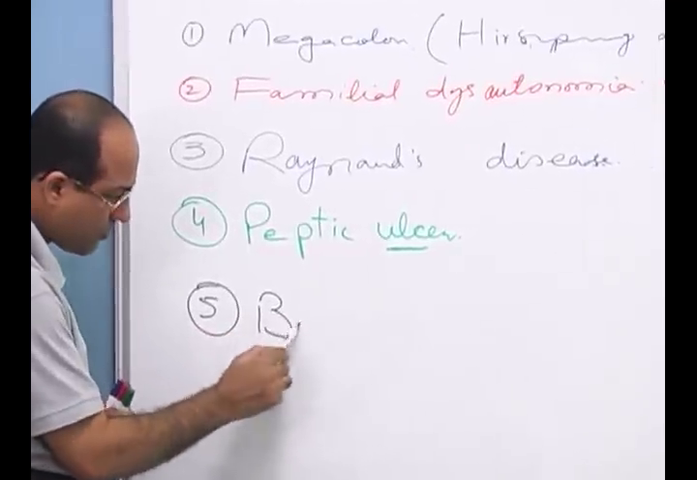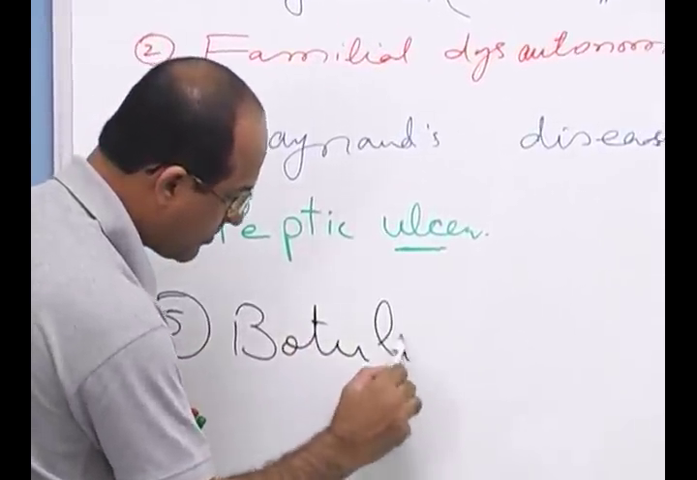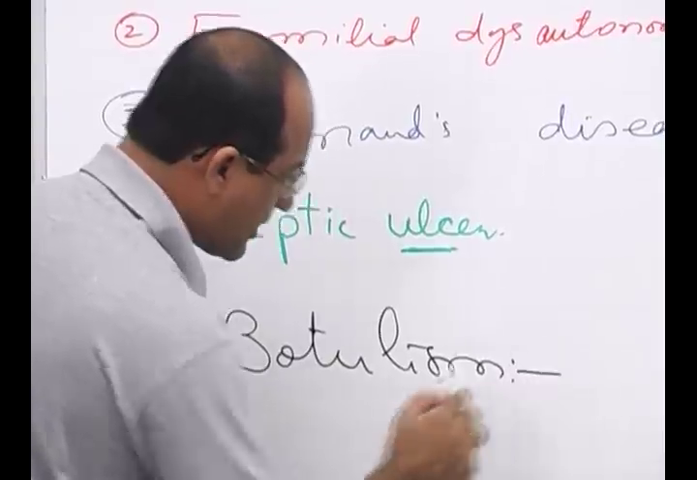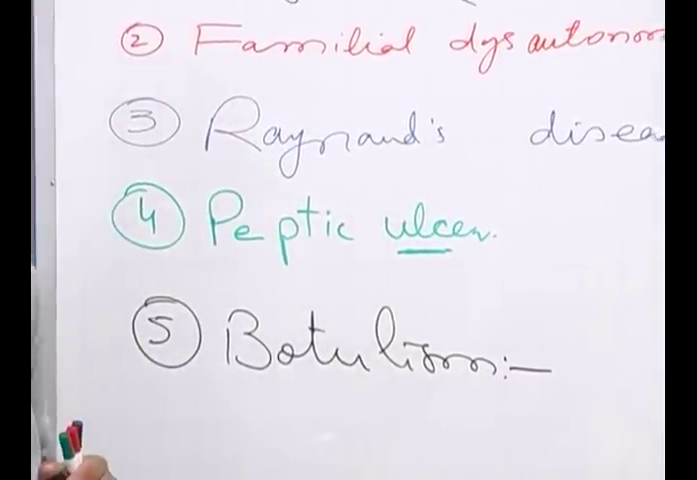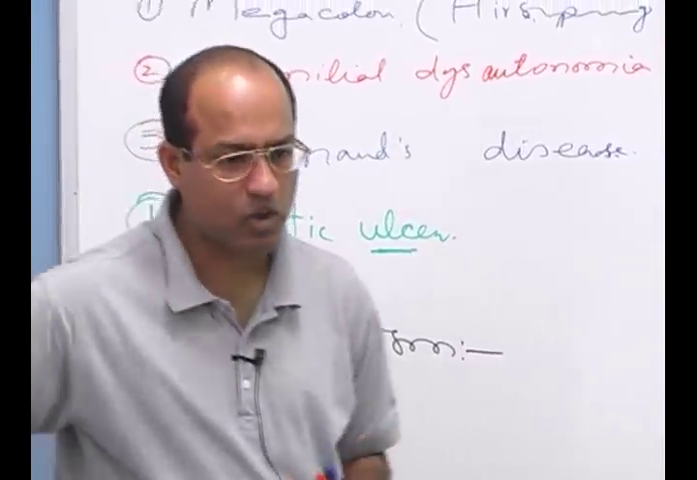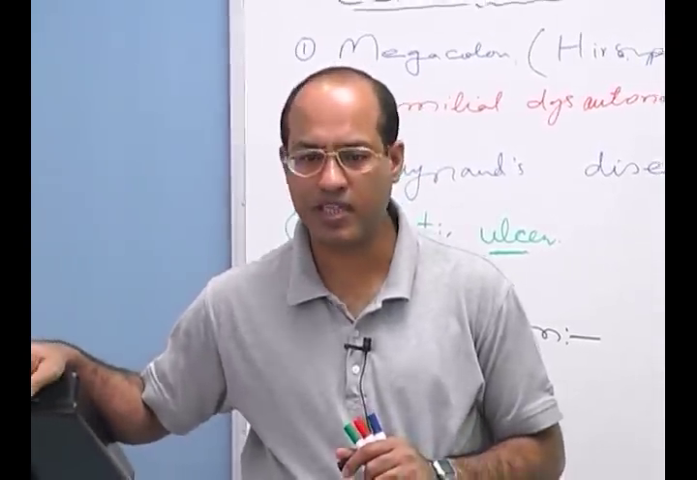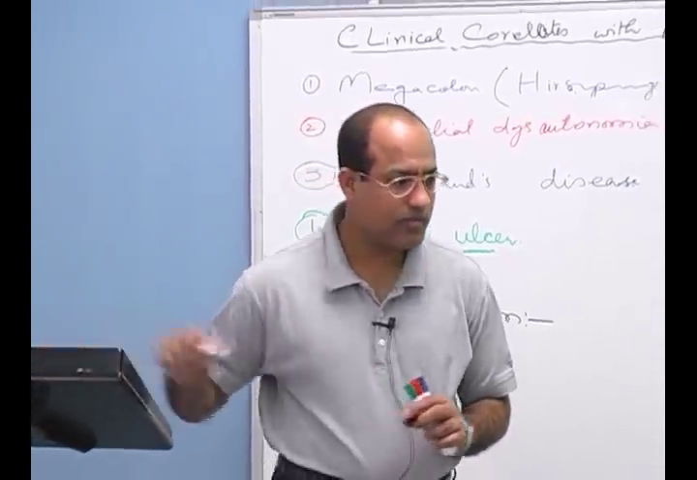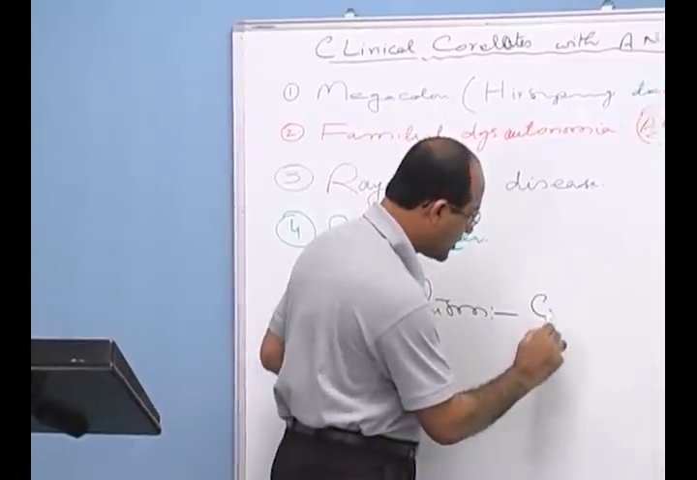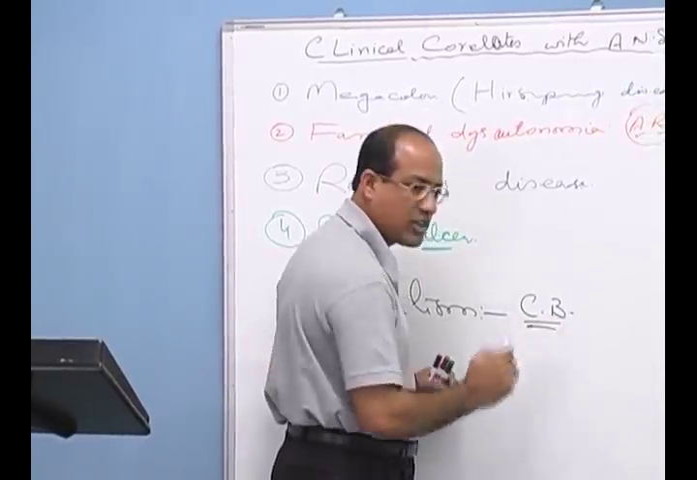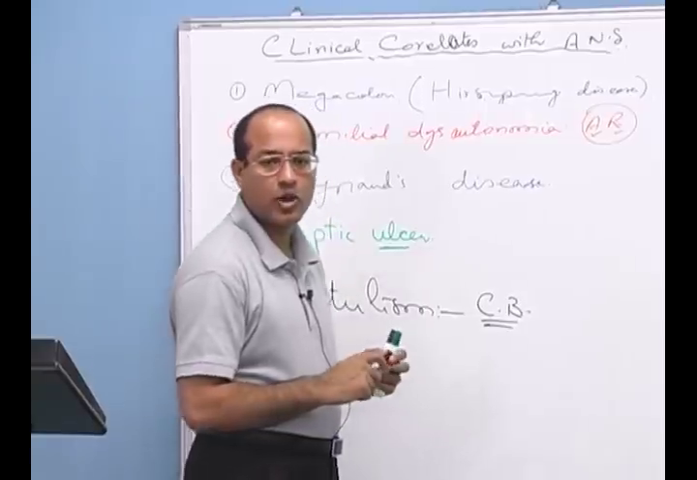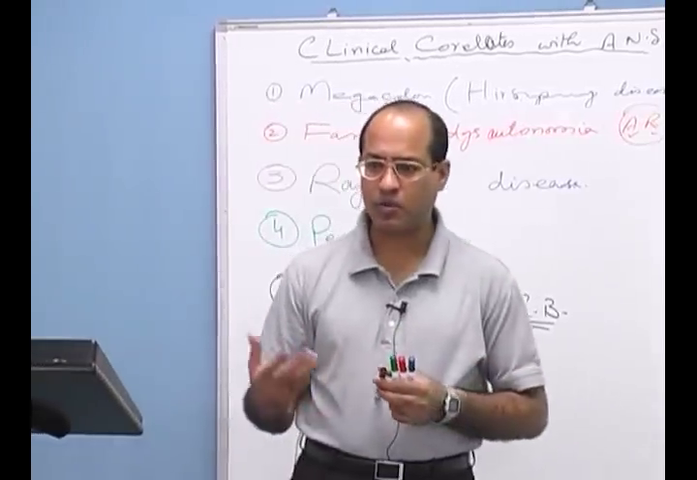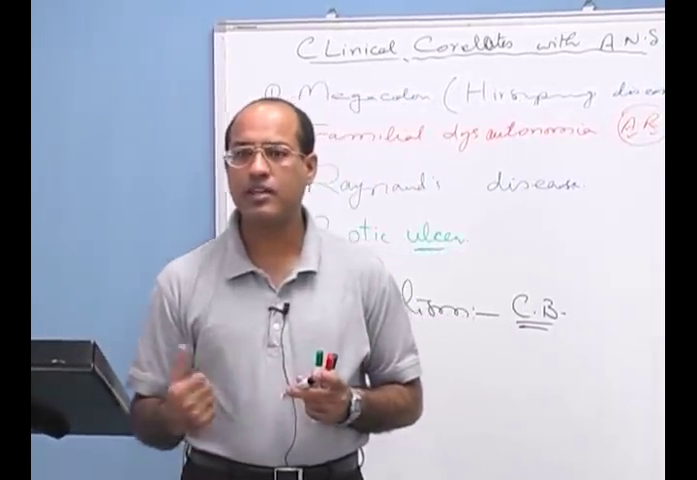Botulism. This is a syndrome which is produced by a toxin produced by a bacteria. What is the name of the bacteria? Clostridium botulinum. This bacteria multiplies and produces toxin in an anaerobic